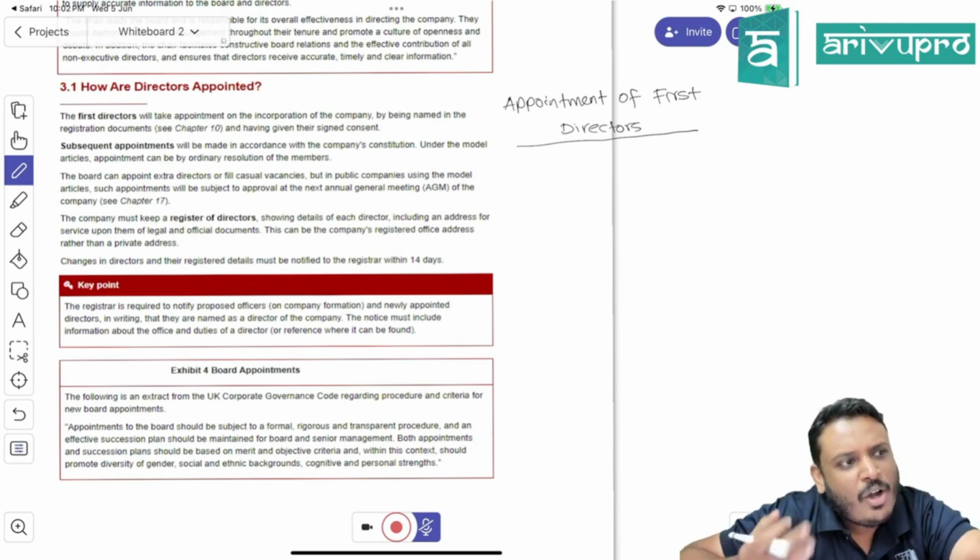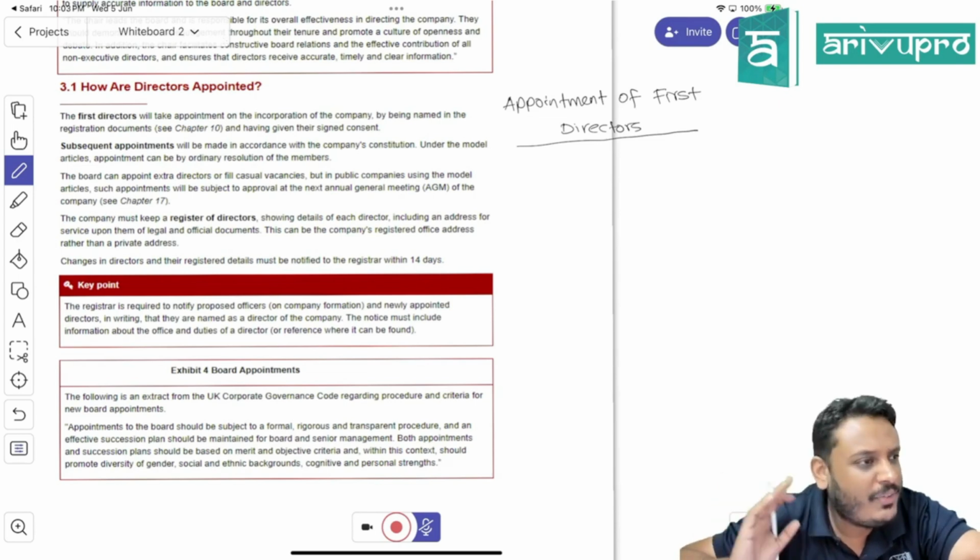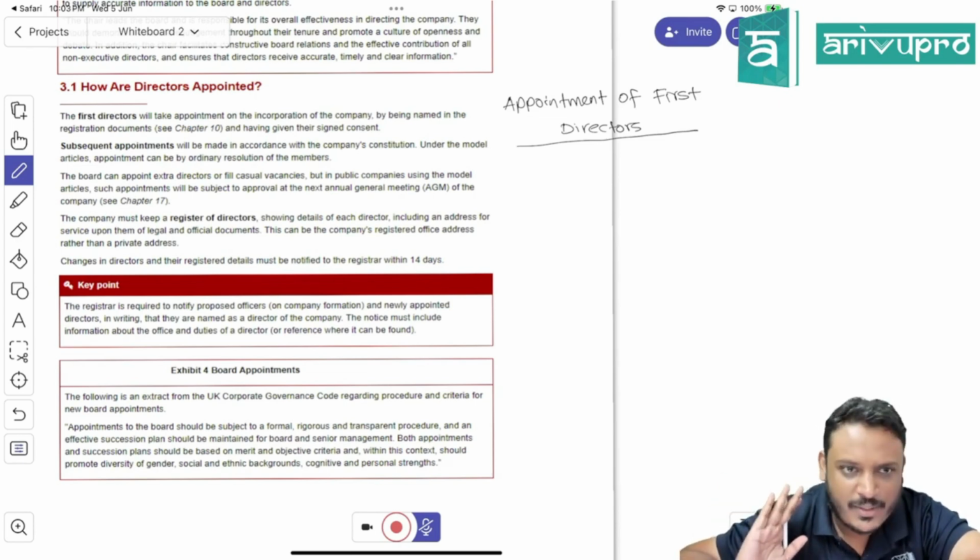Once your company is incorporated, you need to appoint a board of directors. So that is what is called first directors. Okay, so write it down.